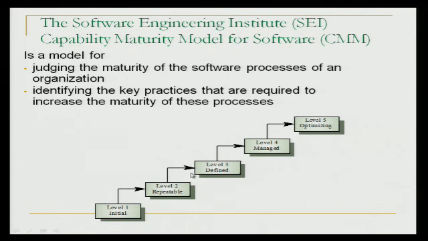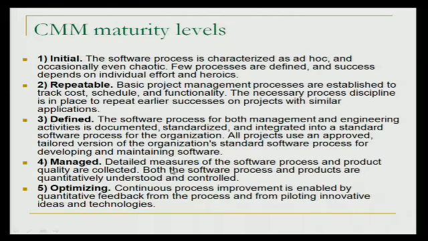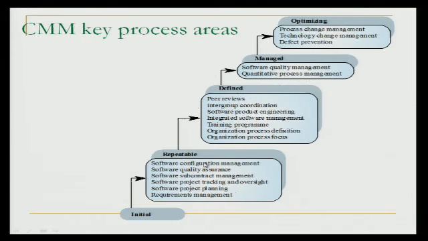So level 3 is going a little bit beyond what an ISO audit would give you, okay? So what are those basics? Well, if you look at this picture, I've broken out some of the key process areas. At level 2, not too surprisingly, requirements management. To demonstrate the basics, you have to have good configuration management, quality assurance, you have to be able to manage subcontractors, tracking and oversight, planning, and then management is one of the top,